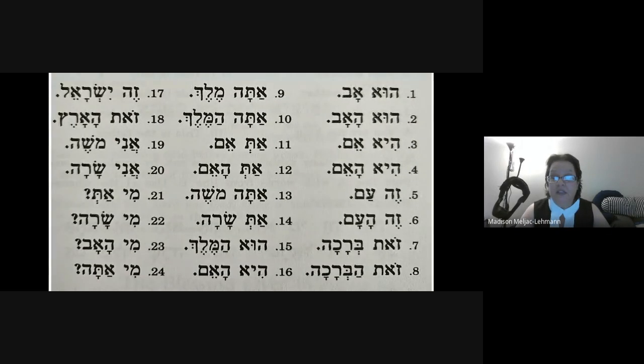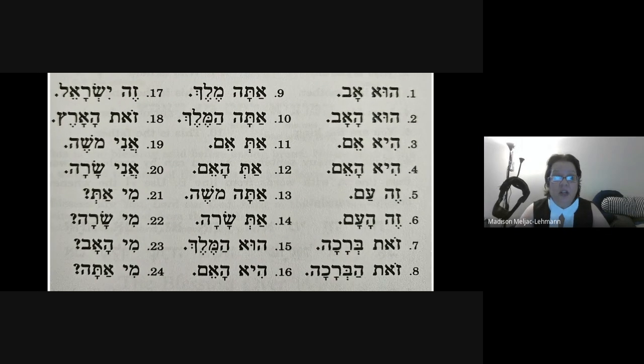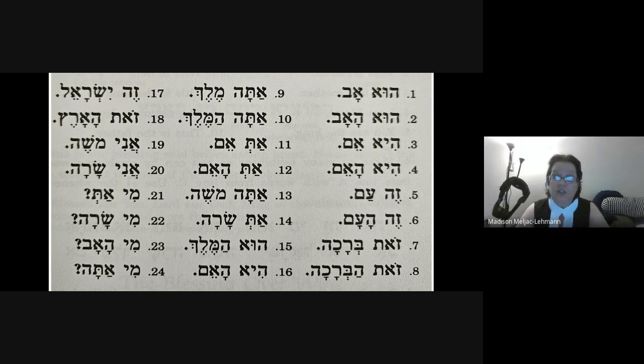Okay, and let's see, 7, zot. You've got the Z, the aleph is silent, there's nothing there, and it ends with a T, there's a little toe there, so it's the tav, tav, so zot. Okay,